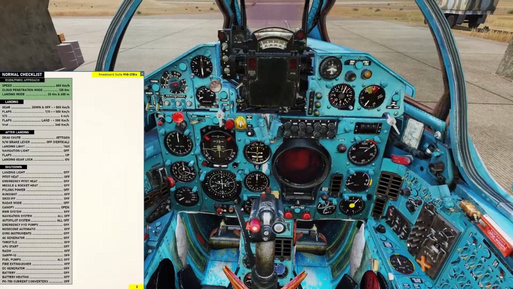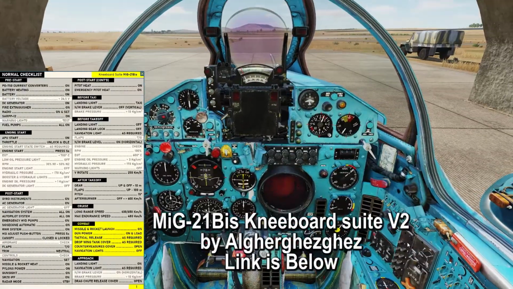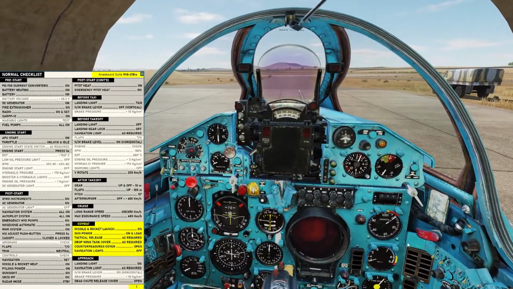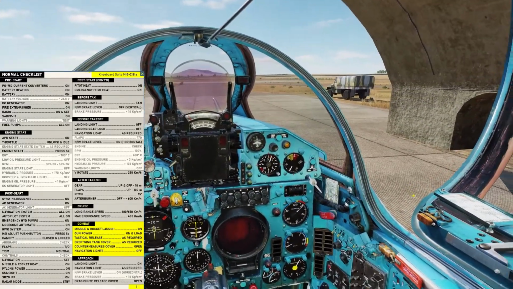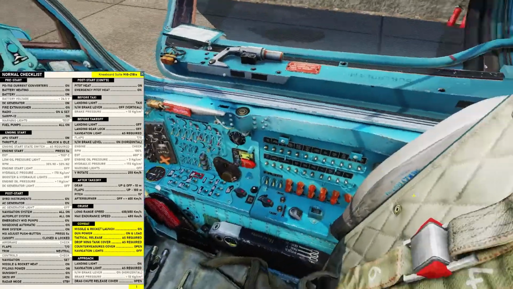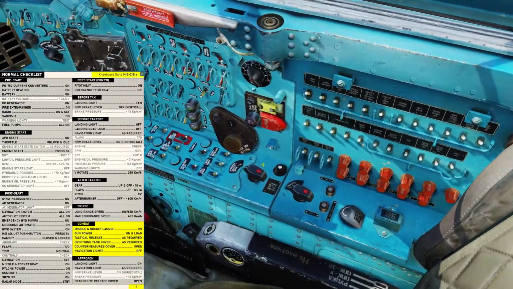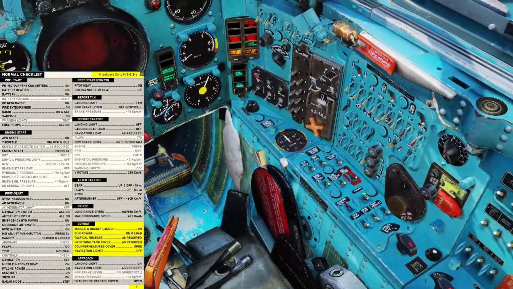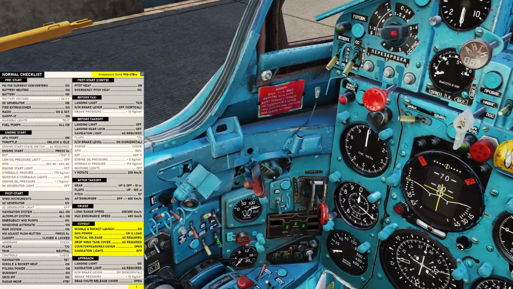I'm going to be using this checklist here, which is made by someone whose name I am not even remotely capable of pronouncing, but a link will be in the description, and I do heartily recommend it. It covers everything quite nicely in a fairly concise fashion. So, let's get started by turning the inverters and battery heat on, and then the battery itself on, and the DC generator as well. Fire extinguisher is here,